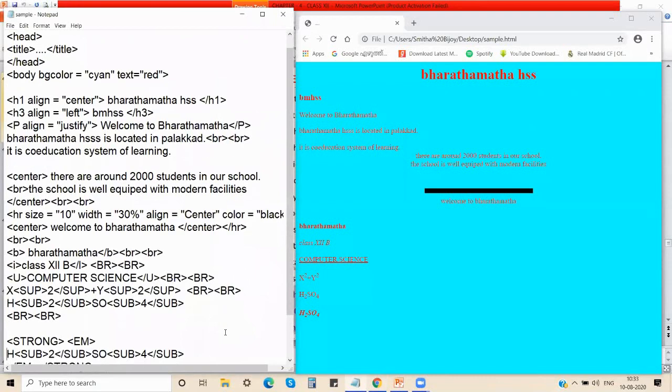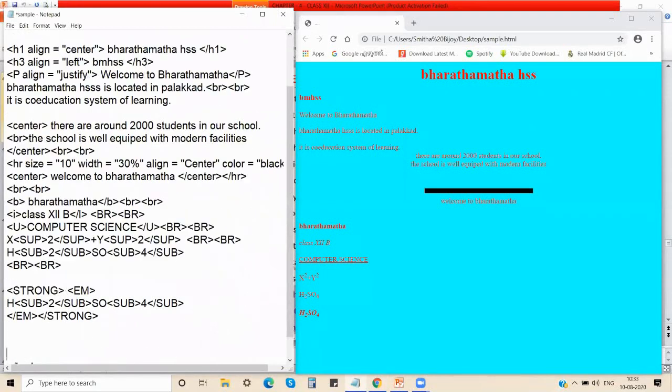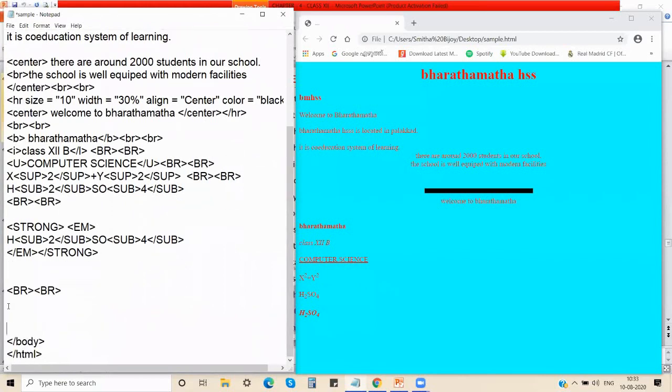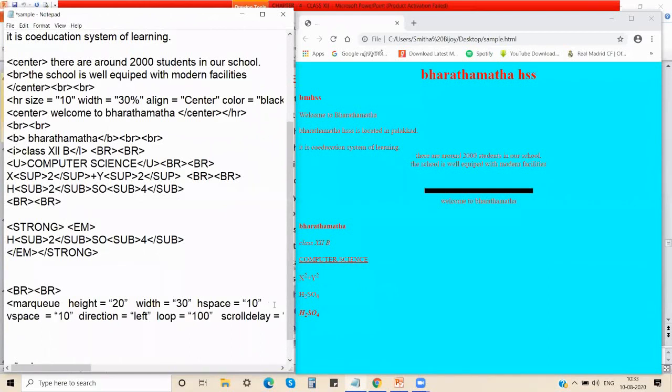So this is the program that we have written earlier. In this, I'll just put the marquee tag over here. I have given almost all the attributes, and then you can go on to execute.